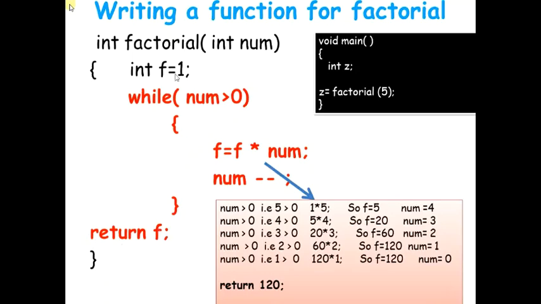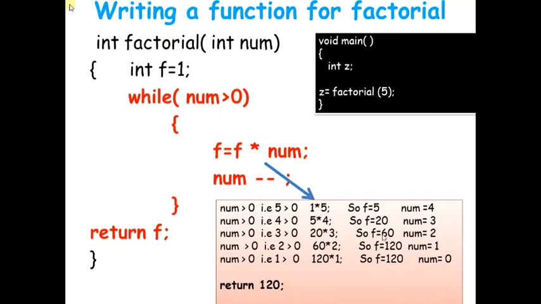Alright, now in this code I have only taken care of factorial of positive numbers. If the person enters factorial of 0, then here f is 1, it would have just returned 1. So in this case, since I'm computing factorial of 5, I've shown you the trace. This is what I mean by the trace. I am going to be returning 120. I hope this is clear to you.